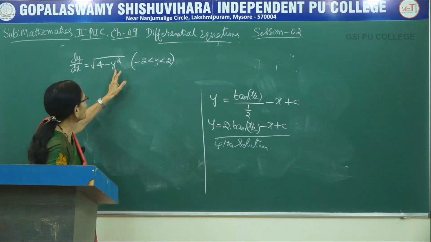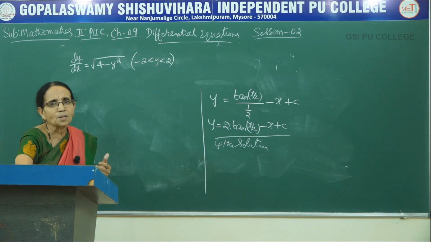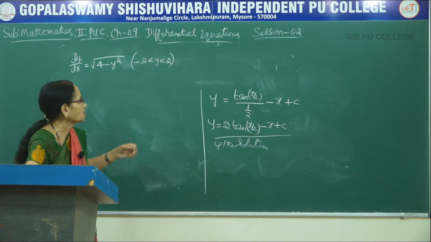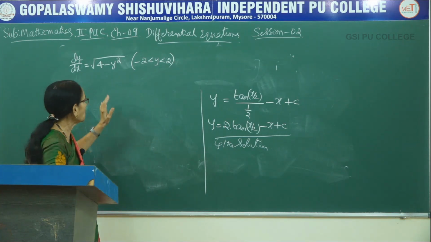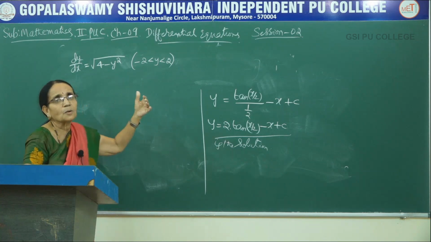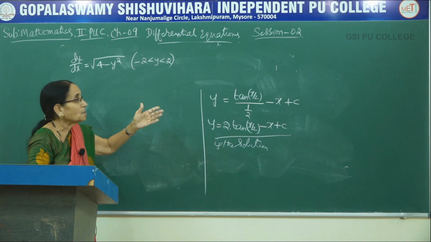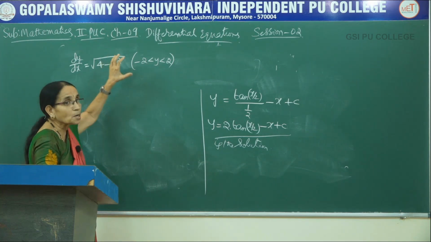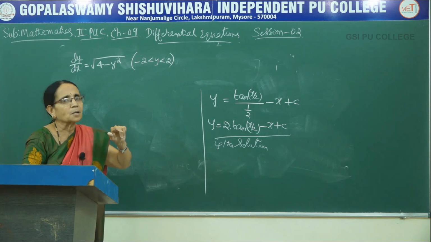Otherwise, when the value of this is more than 4 here, it becomes a negative number, and square root of a negative number is an imaginary quantity. Therefore, since we discuss only about the real functions, the value has been specified here. Okay. Now, here you observe we do not have a y term at all. We do not have any x term. It is containing only purely y here. In the previous problem, there was no y term, it contained only x.